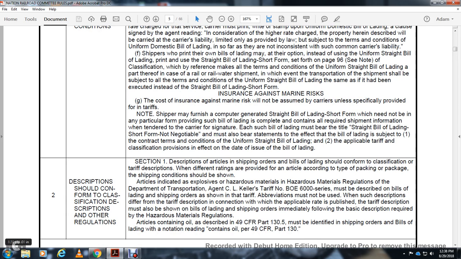Section 1, description of the articles and shipping order of the bill of lading should conform with classification, tariff description, and different ratings that are provided with the article according to the type of the packaging and package. The shipment condition should be shown. Articles indicating explosive hazard material regulations of the Department of Transportation, Agent Keller's tariff number BOE 6000